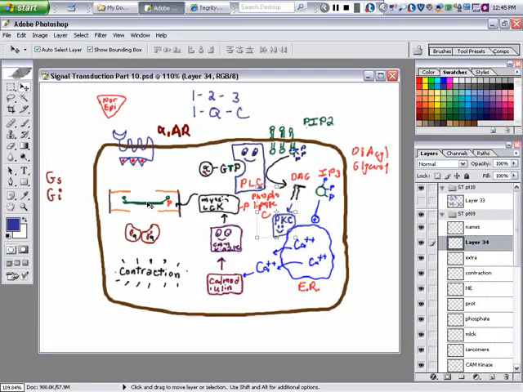Now, those are all of the signals. We've done alpha 1. We've done alpha 2. We've done beta 1. Which one have we not done? Beta 2. And so there's also a beta 1 and a beta 3. But all the betas work by the same mechanism. They all go beta 1,